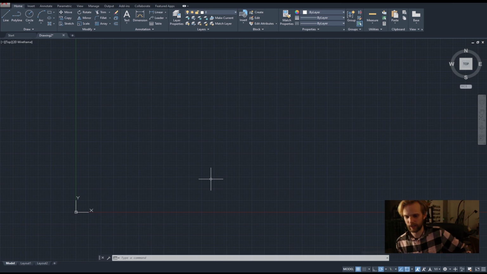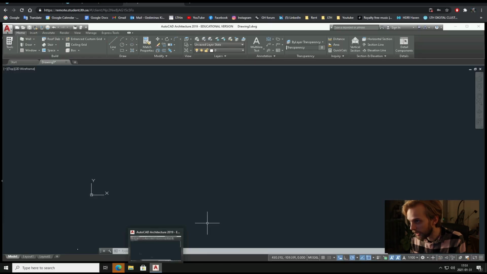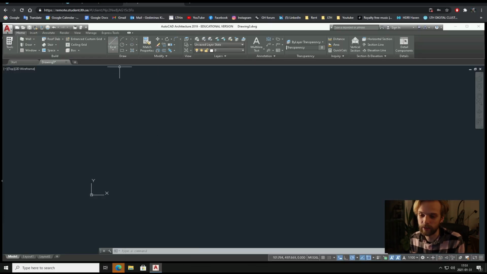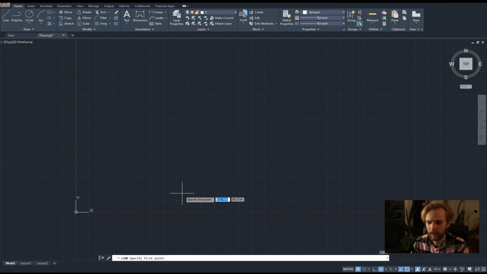Okay, now it's time to draw. The easiest thing to draw is a line, right? So the line tool is located here. Well, the one that says line. And if you don't see it, then you might have this version where, yeah, it's here, right? Or the shortcut for the line tool is L. Enter. L is short for line. Once you hit L, enter, or you click on this icon here,